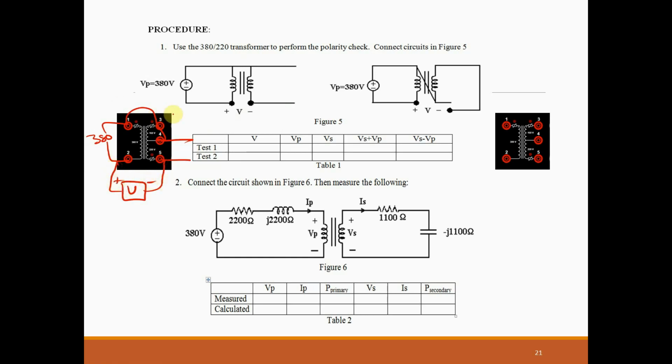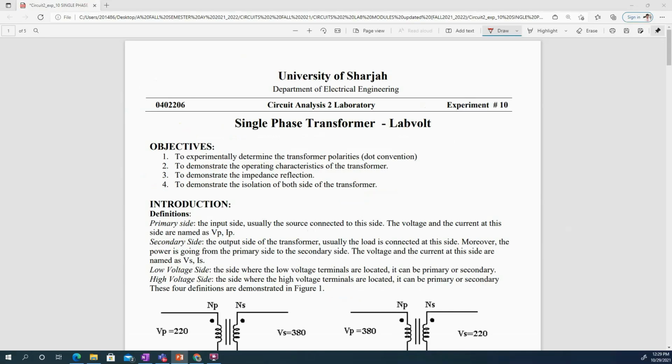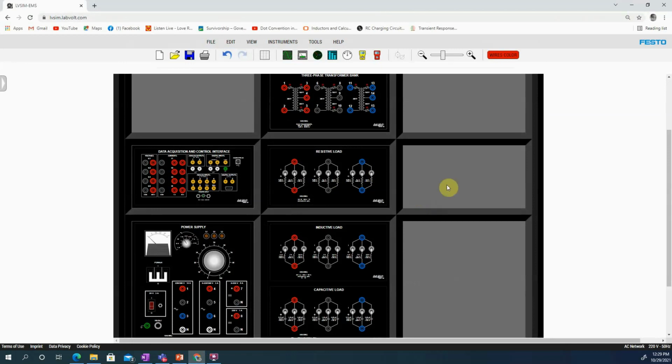How are we going to do that? We are going to do that experimentally, right? Let us have a test. Let us go to our lab volt. Now, this is my lab volt. This is the transformer, resistive load, inductive load. In the beginning, we will just analyze the